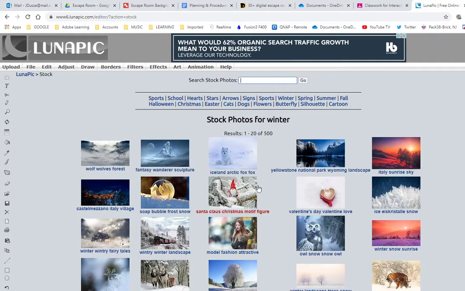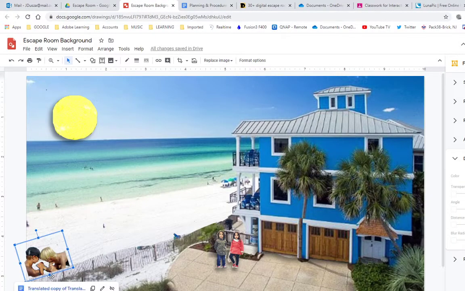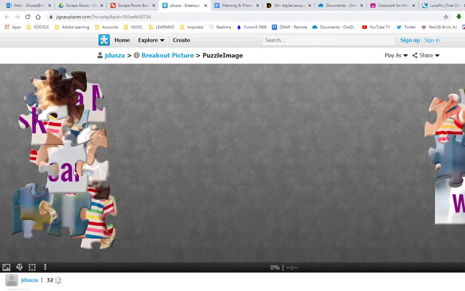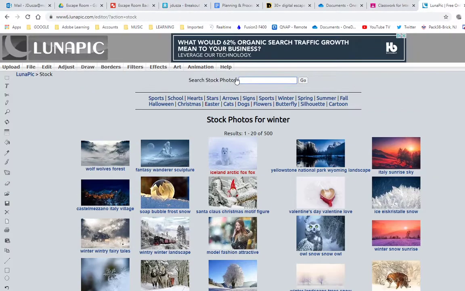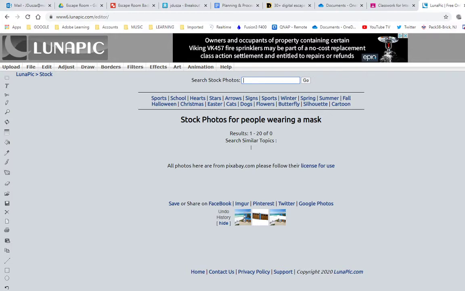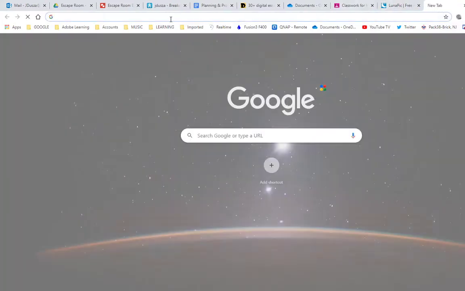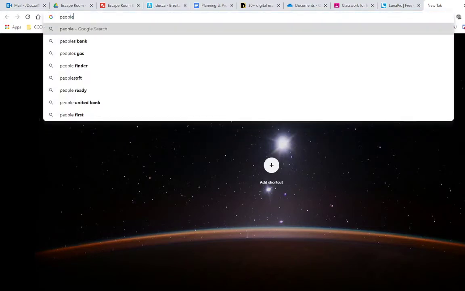So, you know, let's say, I forget what image I used for it. Let's see. Let's Google Translate. Here we go. Oh, but this is going to be my puzzle. Oh, alright, so wearing a mask. That's what I did. So I think I looked in here. I don't know if I want to find it in here. Yeah, so what you probably have to do then, if this database is not finding what you want, you just do a Google image search and